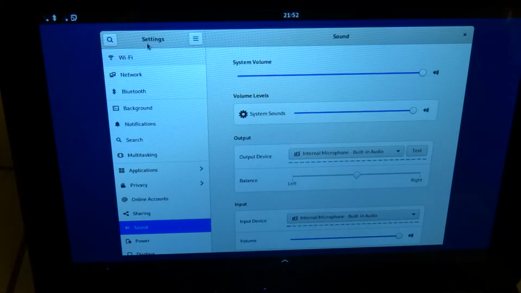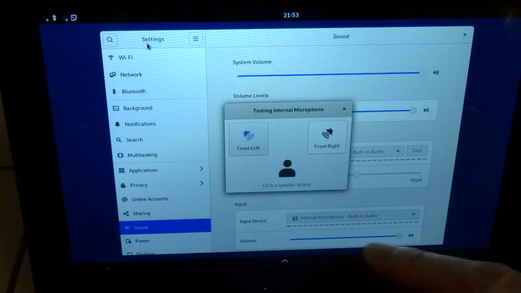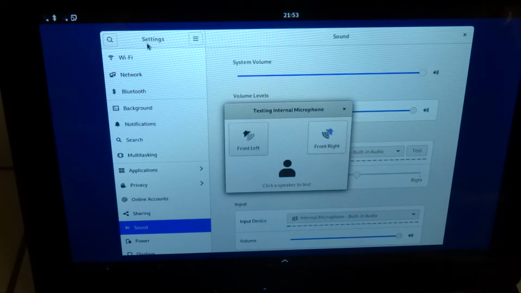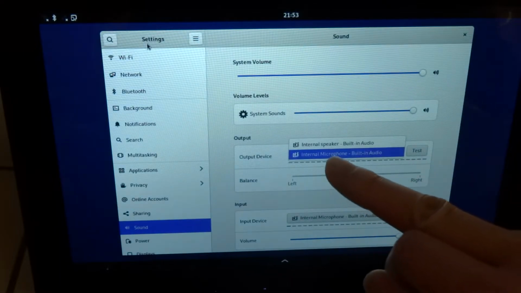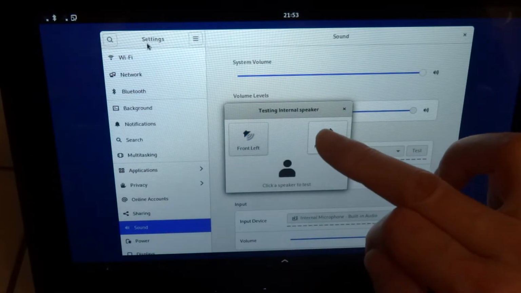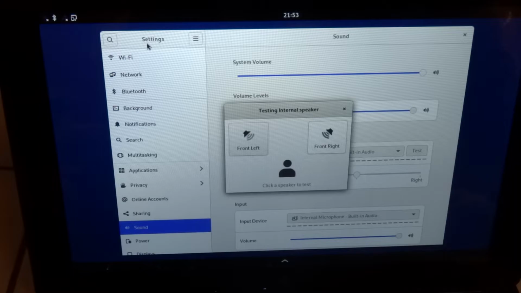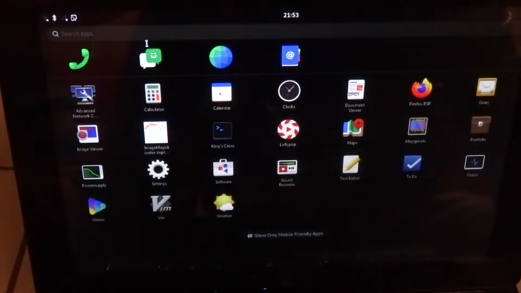And I also noticed that by default the sound output is set to the internal microphone. But yeah, that's not going to work. So when you test, or at least try to test the sound, then you won't hear anything. So you need to set it to the internal speaker. Front left, front right. And then the sound works. Well, I guess it's still an early build and